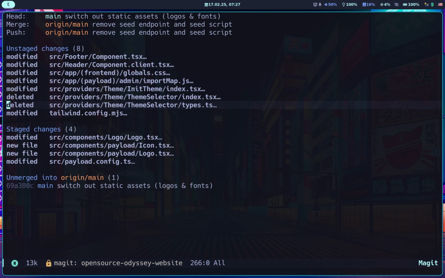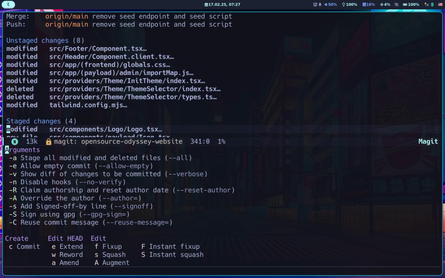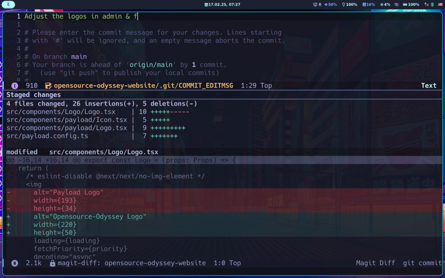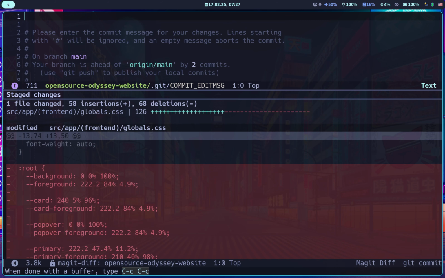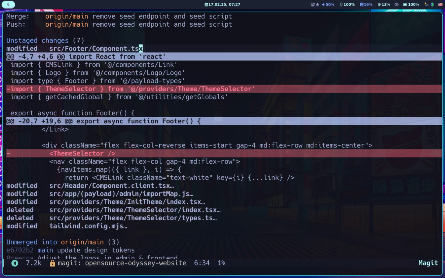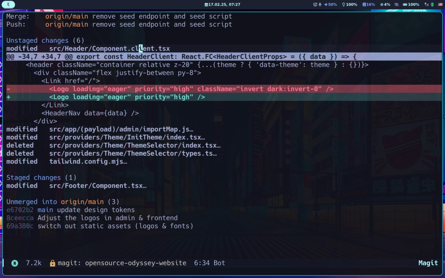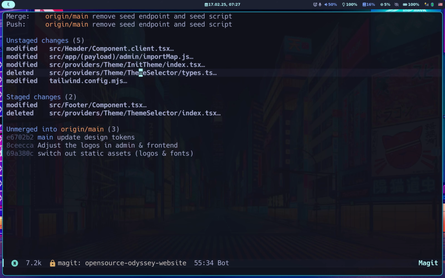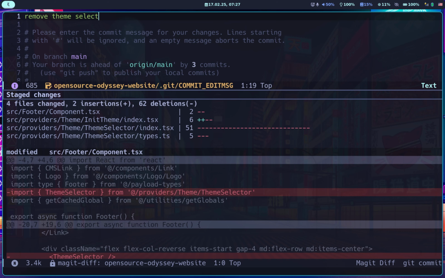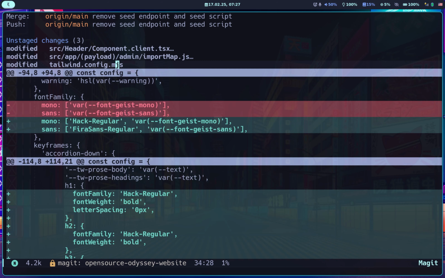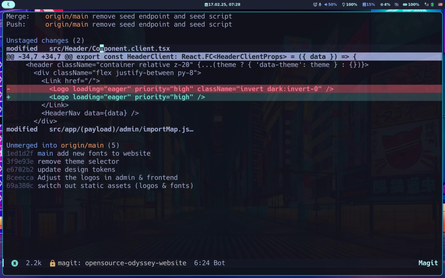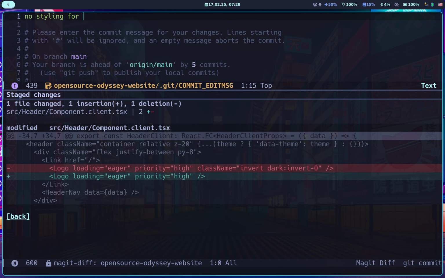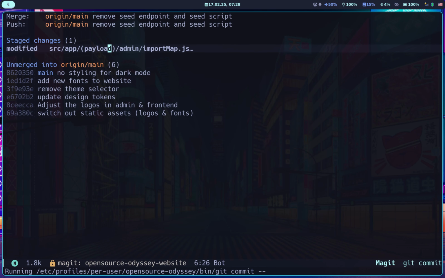So here, let's go like this. Then we had our design tokens. We had our theme selector removal. And then we added new fonts to the website. Let's go like this. And finally,